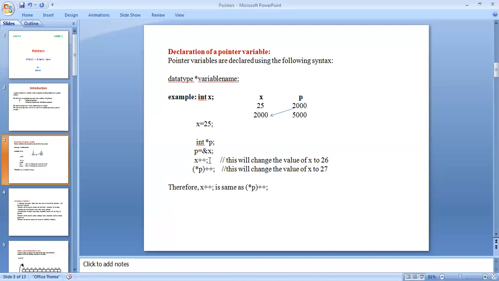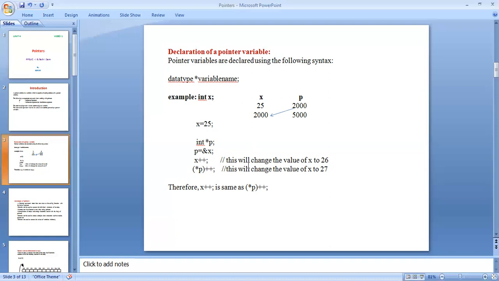x++ means increment. This will change the value of x. Suppose the x value is 25, x = x + 1. In place of x, you put 25 + 1, which becomes 26. For the pointer, the increment is *p = *p + 1.